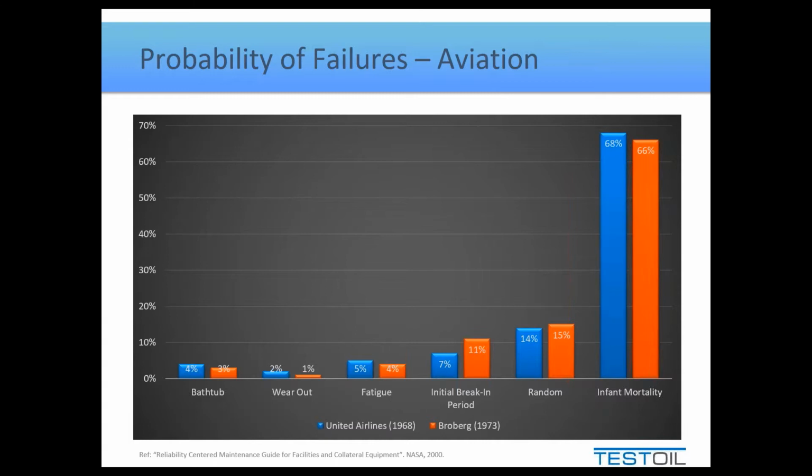But what we realized was most things were this infant mortality. And even after we added in the other 3, we didn't really see any sharp increases there. So this started to shake things up in industry. And just to share with you some more data, because it's kind of fun to look at what people come